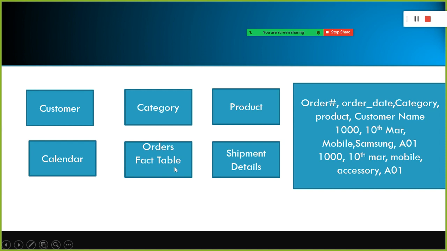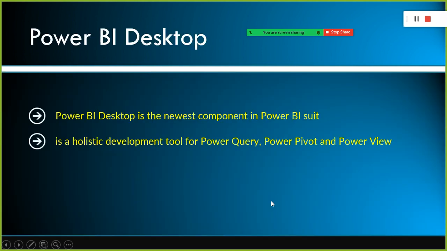Fact table will contain the combination of dimension table key values. Along with that, it will have the facts in it. Don't worry, I will show you everything with the data, so that you will be able to understand very clearly. But at a high level, you should be able to understand what is a fact table and what is a dimension table. But in some cases, I'll discuss this a little later.